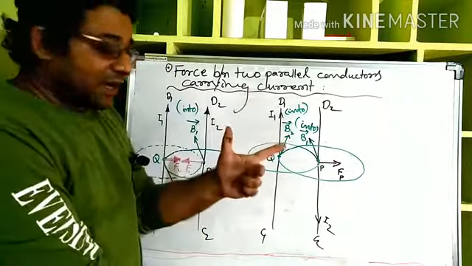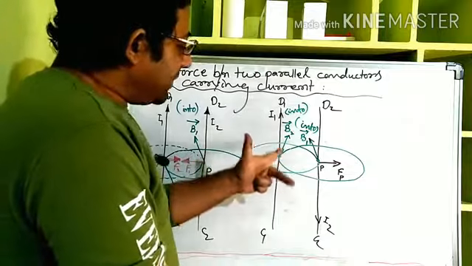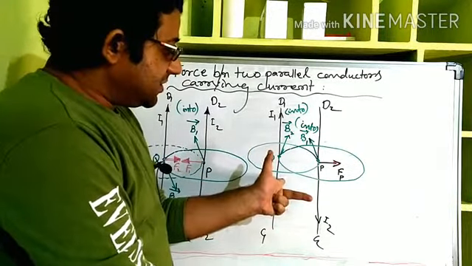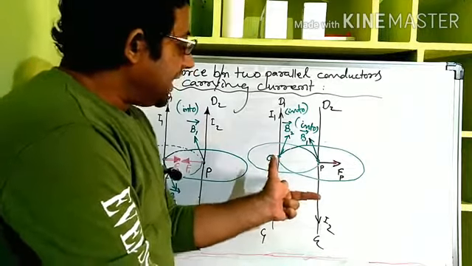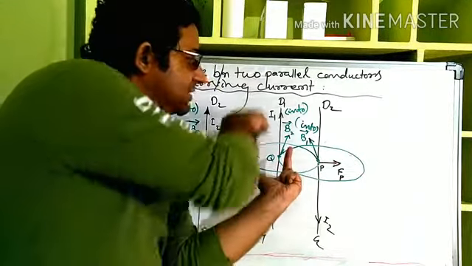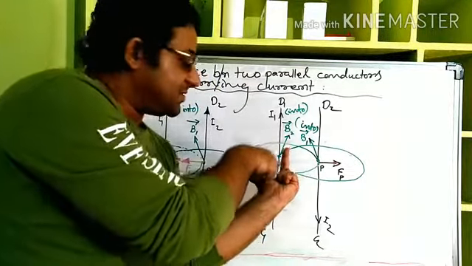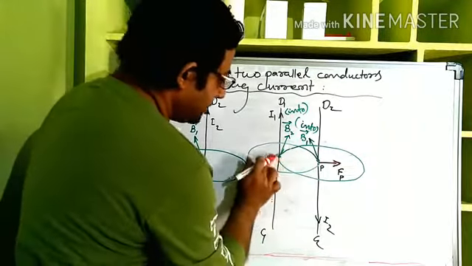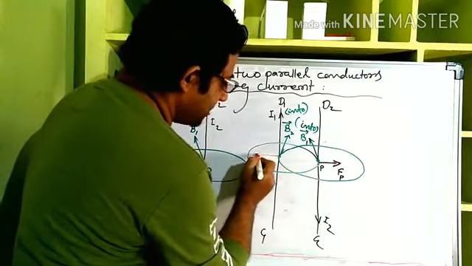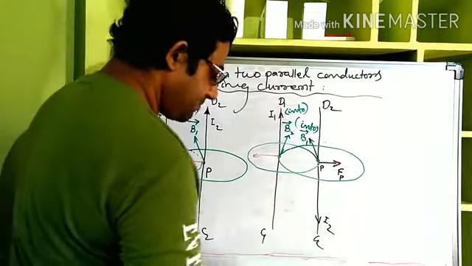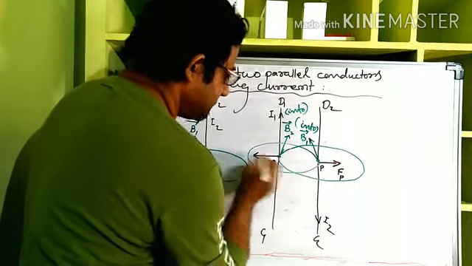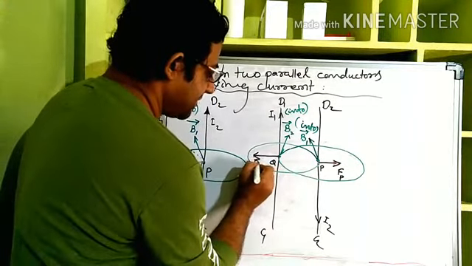Now take your Fleming's left-hand rule. If B is into the board, that means I have kept my index finger into the board, and I1 is towards up, it is going. I1 is this. Then the thumb is outside, right? So Q will experience a force outside, right? Let us say this point is Q. So this force is experienced outside. Let us say this is FQ.